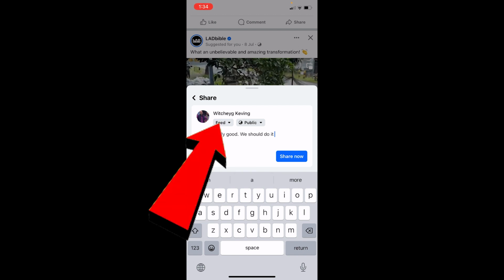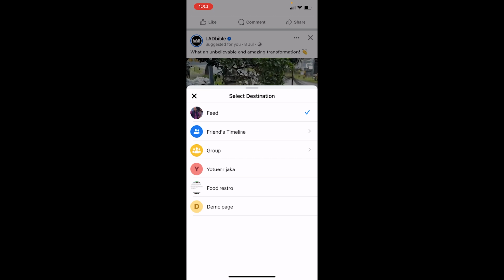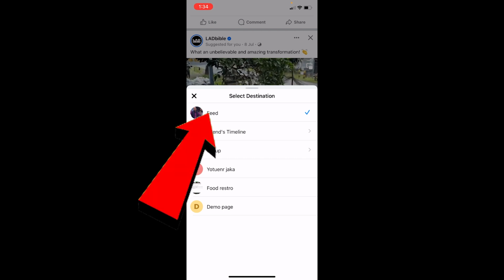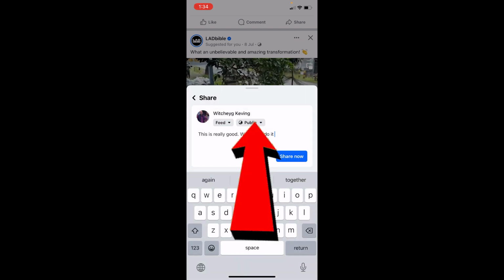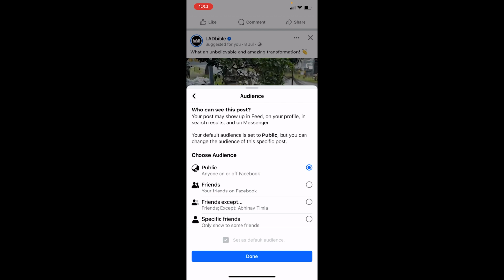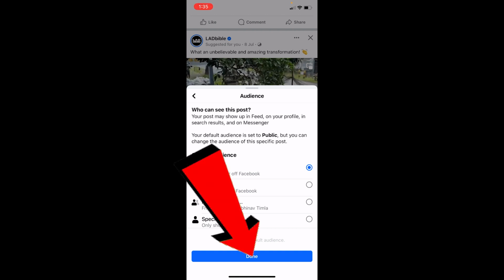Now over here at the top, I can choose feed, and I can even choose to whom I want to share: to a group, or to a friend's timeline, or in my page. But I want to share it in my profile, so I will just click on feed. And over here where it says public, click on it. You can choose if you want everybody on your Facebook to see it, or just friends, or just some friends. If you choose friends except, then you can choose the people whom you don't want to see it. And if you click on specific friends, you can choose the only people you want it to be seen by. But I want it to be seen by everybody, so I'll just click on done